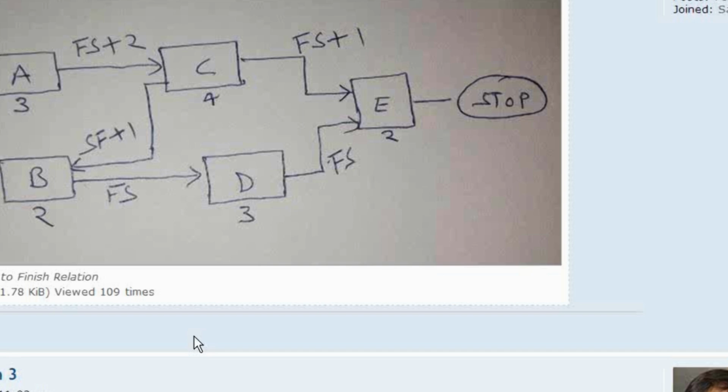If you have a lead and lag in between, then I may have 2 activities. Activity A taking 5 days, activity B taking 10 days. If they are serial, the project will take 15 days. If they are serial with a 5 days gap, the project will take 20 days. If they are parallel, the project may take only 10 days. So the critical path is influenced by the lead and lag, and also the type of relationship.